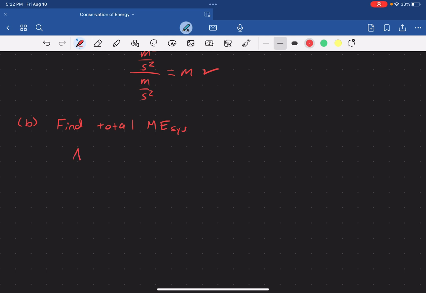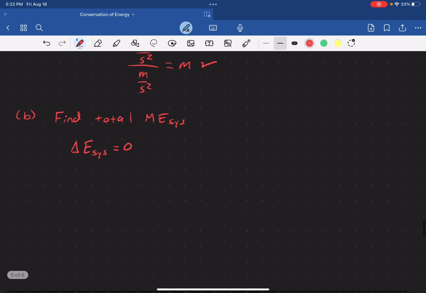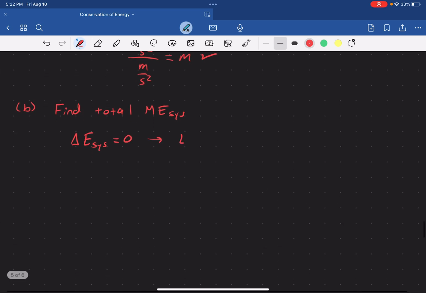It means that our change in energy is equal to 0, right? Or in other words, our initial energy at state A is equal to our final energy at state B. That doesn't change, and we can just call that E,